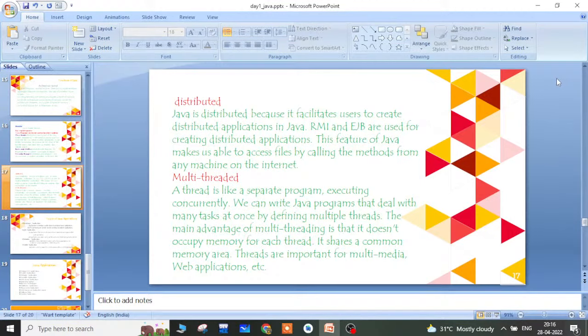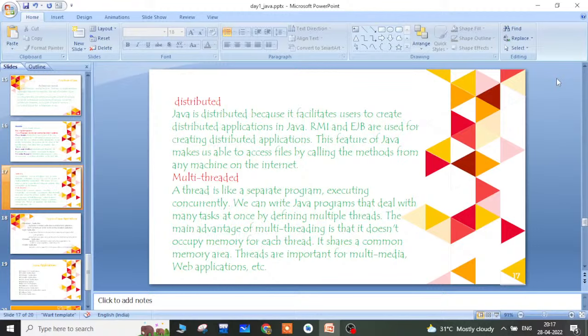and we can say Java is distributed. Because it facilitates users to create distributed applications in Java programming, using RMI and EJB, Enterprise Java Beans, which are used for creating these distributed applications.